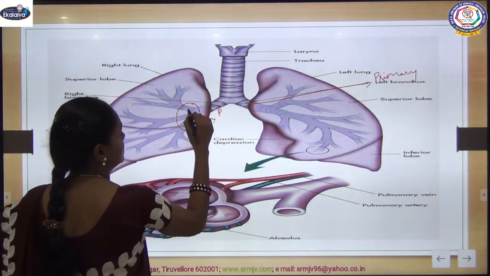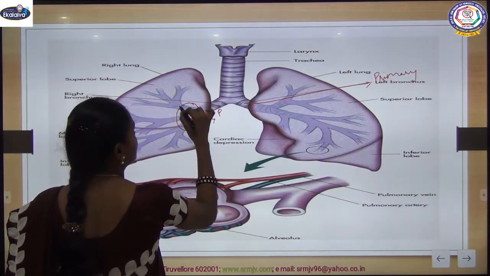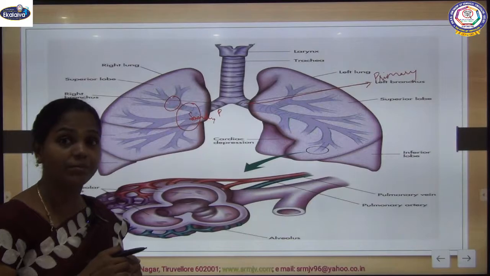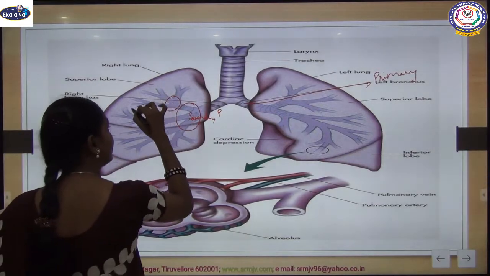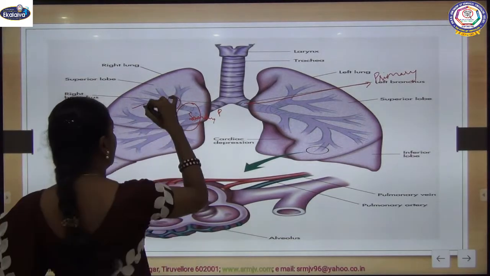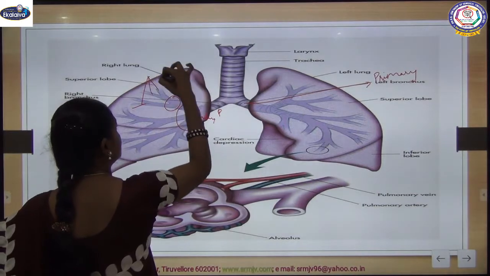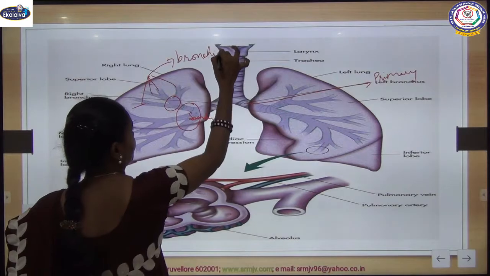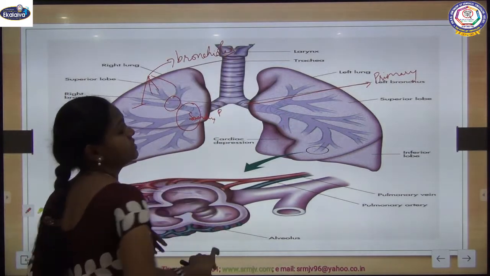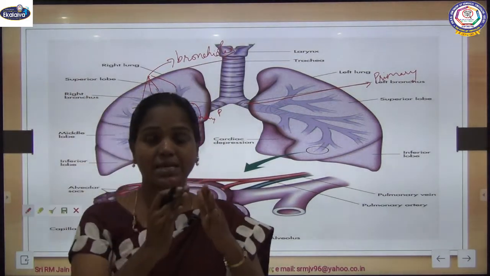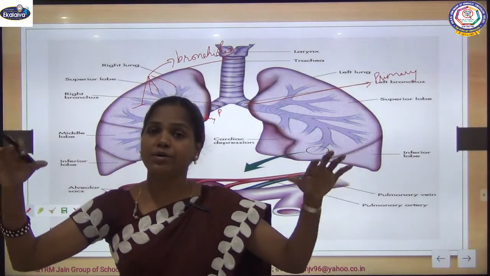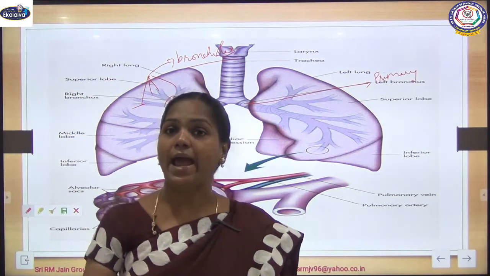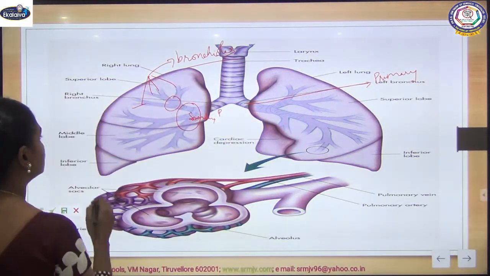This secondary bronchi has further branching, which we call the tertiary bronchi, and it has further divisions, and all these divisions are called bronchioles. So trachea, primary bronchi, secondary bronchi, tertiary bronchi end with bronchioles, and at the end of these bronchioles